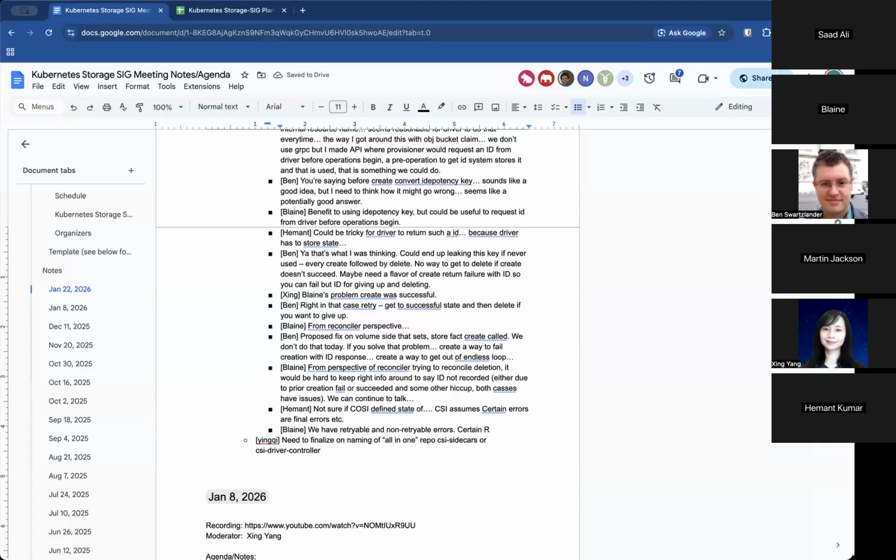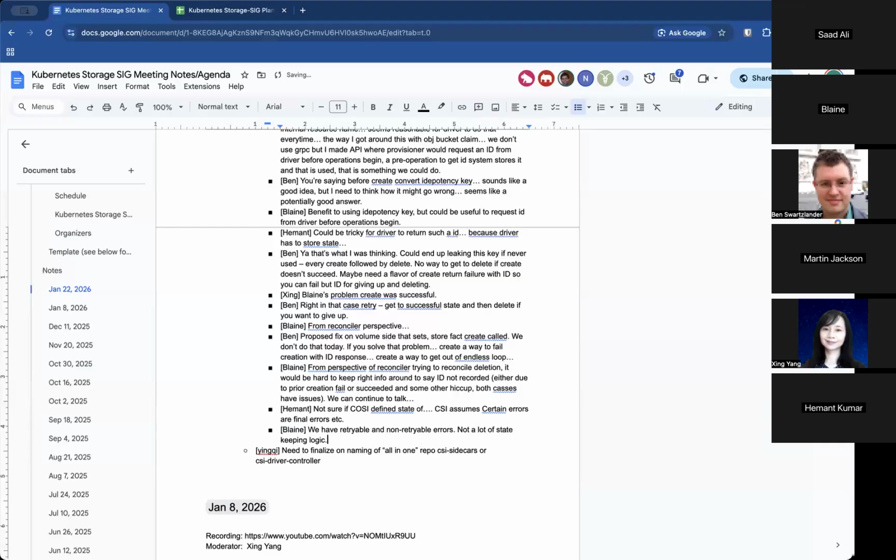There's not a lot of state-keeping logic, though. COSI will retry if the controller is restarted, for example. What you want is also an error that says I failed and I didn't leave any garbage behind, so you can just walk away and never clean up. I don't know if there's a way to return that message.